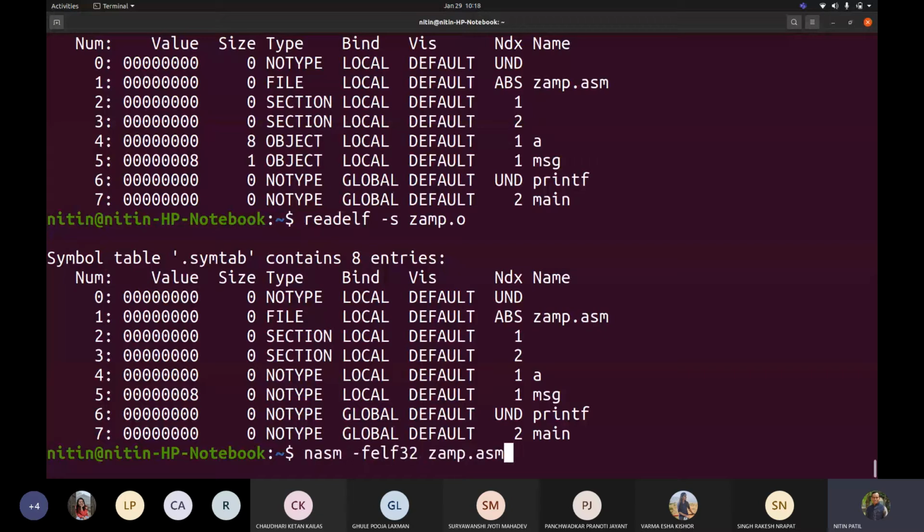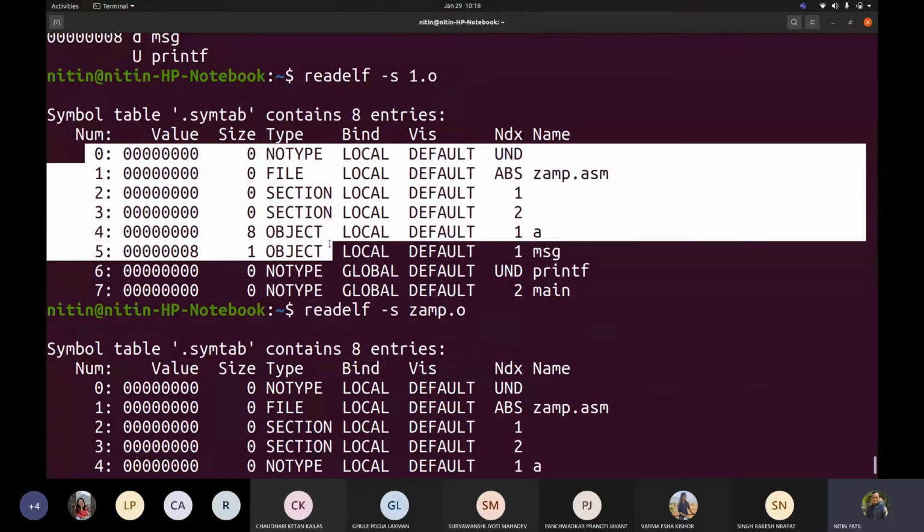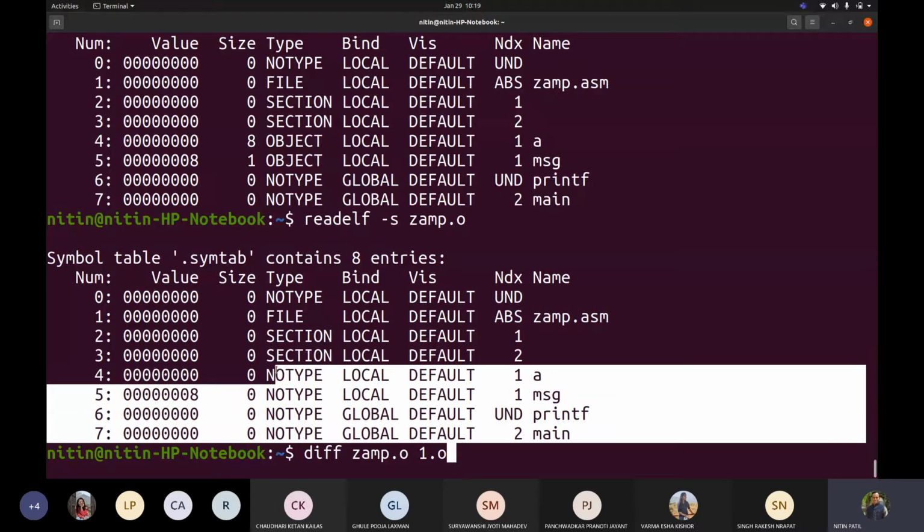So we generated this and then we renamed it to 1.o, and when we saw 1.o's contents, we could see only these entries, 8 entries, and the same thing when I tried with the object code which was generated without dash g, I got the same thing. Then where exactly is the difference? Is it differentiating at the time of linking or something else? Correct, because now it is storing this information with it.